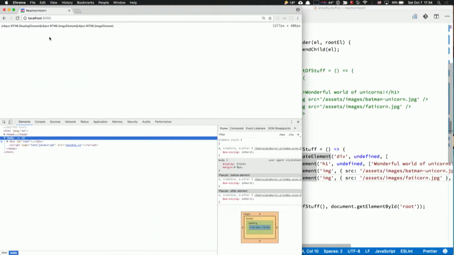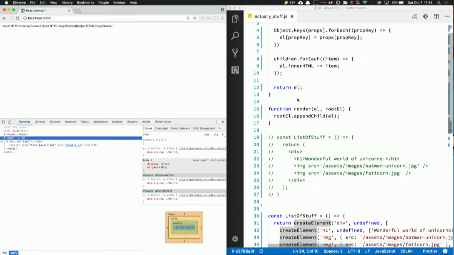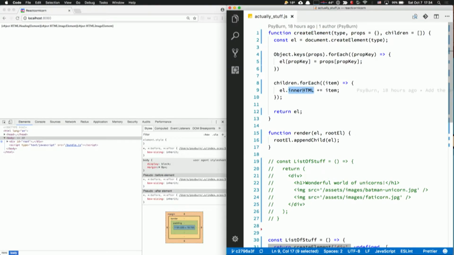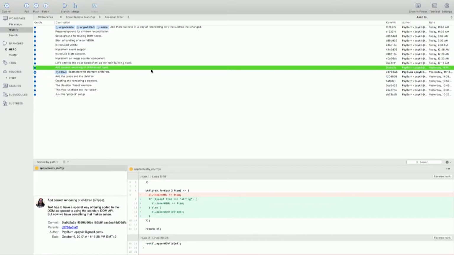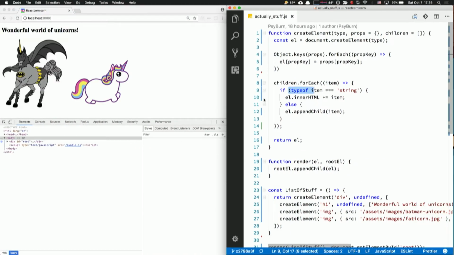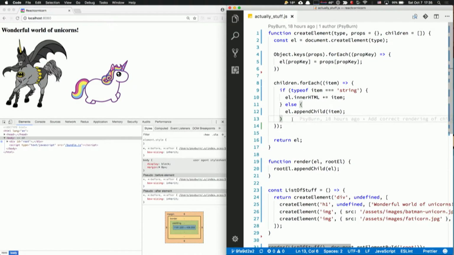No, we don't, because this says HTML object, because we did something wrong. Because we're using innerHTML. innerHTML is only for text in our case, so we have to make it support DOM objects. So text and DOM are separate, and you have to take care of it. And this isn't the first time and the last time we're going to do this. Okay. So now we just said, okay, if the child is type of string, concatenate it. If not, then just add it to the element.